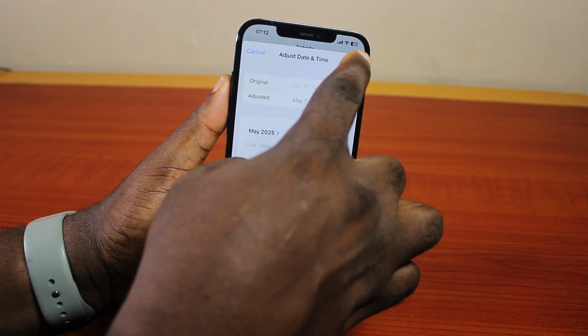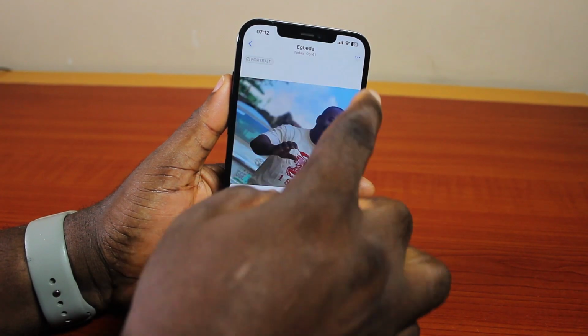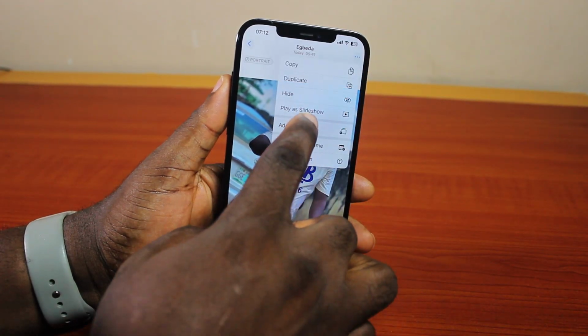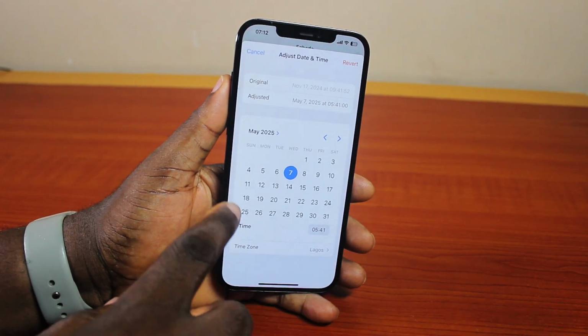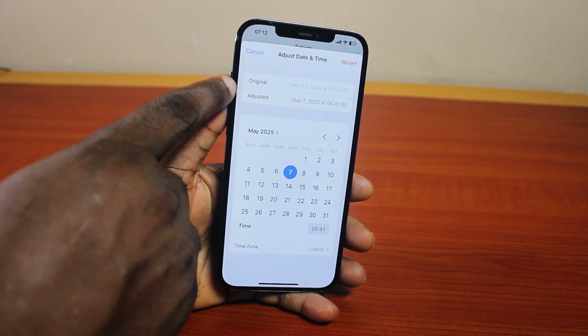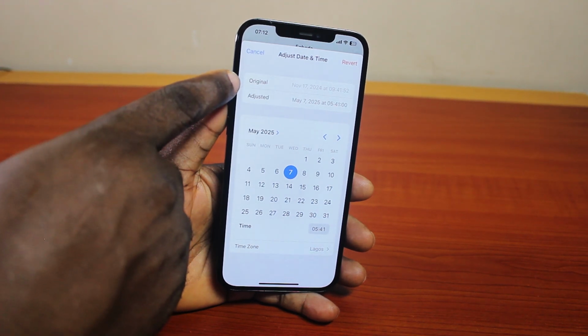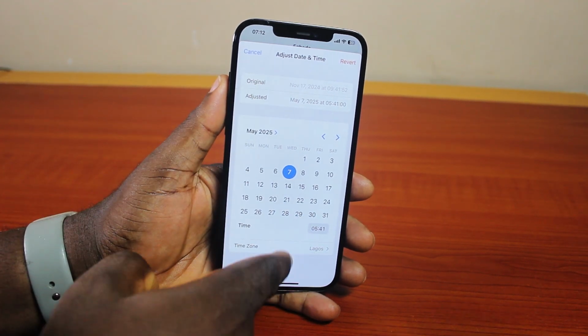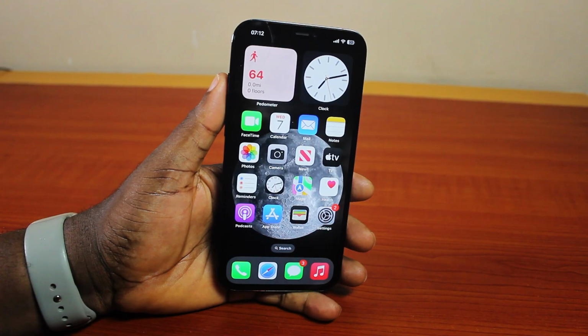After that, go ahead and click on adjust at top right. And then you should see the photo date and time adjusted. You see it now. This is the new date and this is the original date, and then you are good. So that's exactly how to adjust date and time on